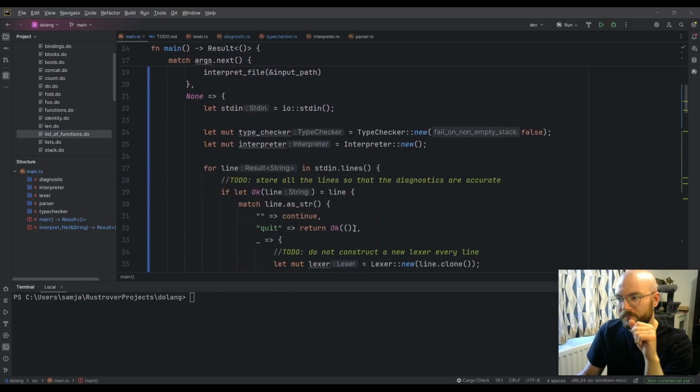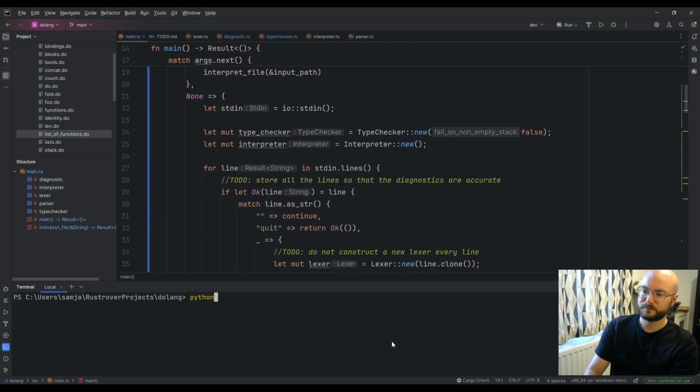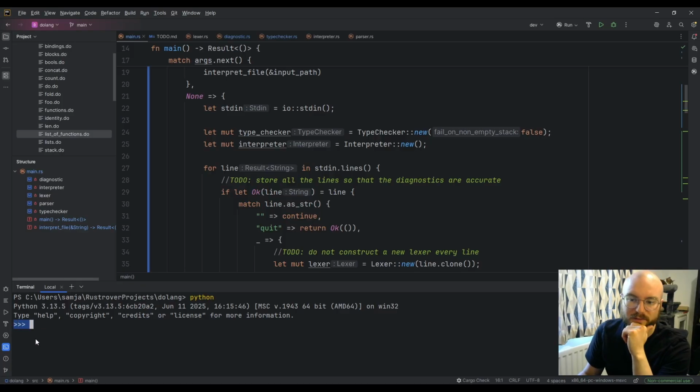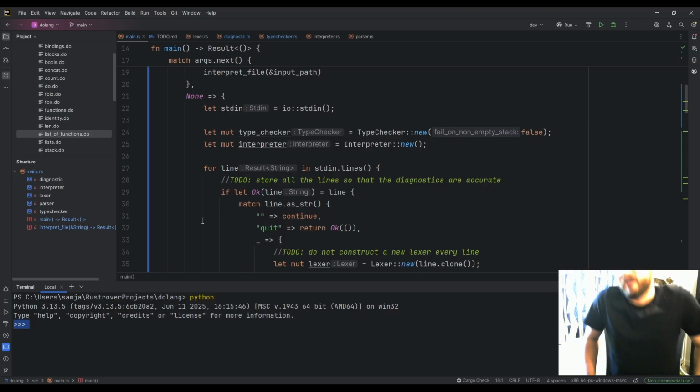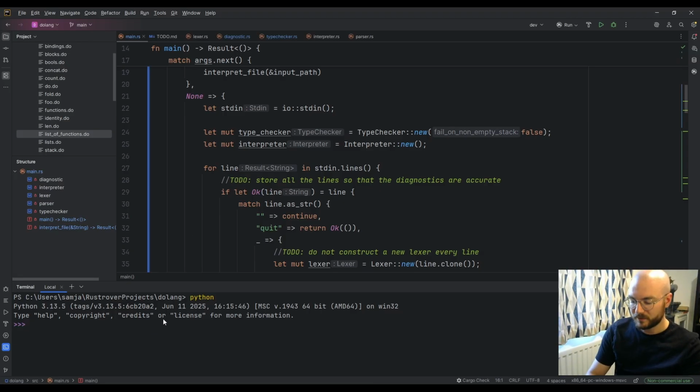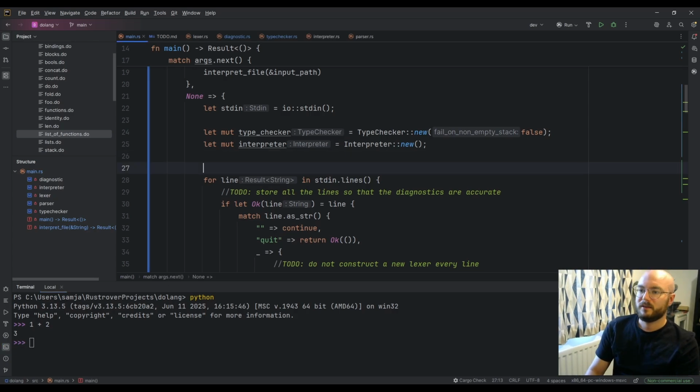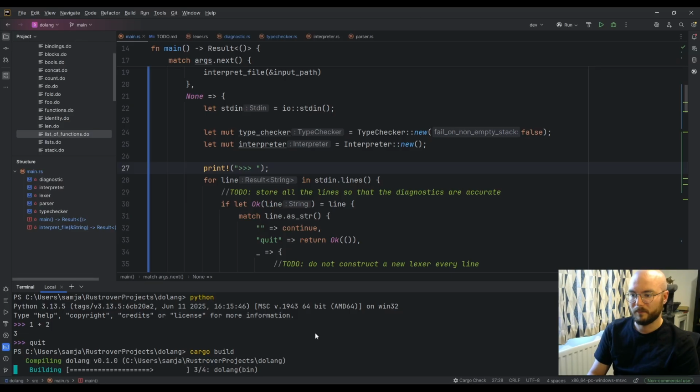Okay, so I think the first thing we should do is to have this nice input indicator that this is actually going to be some input. This is Python, so if I do this, yeah, it persists this on every input line. So you can clearly see what was an input and what was an output. So I think we should print, sure, let's just steal the same as Python and build that.